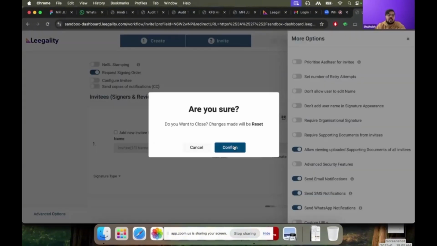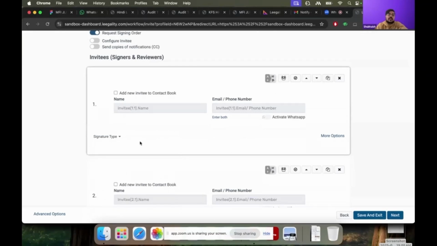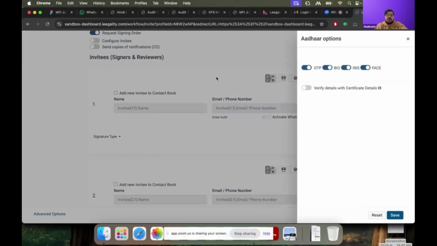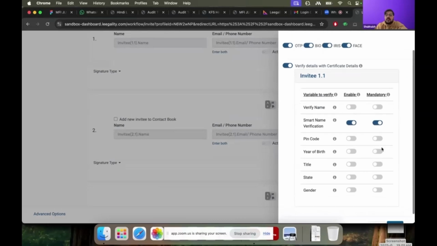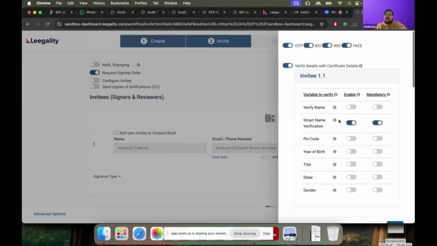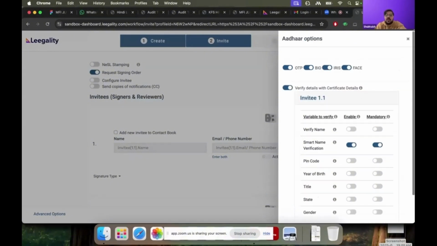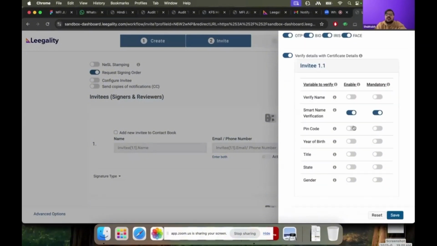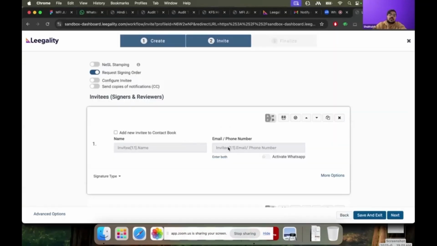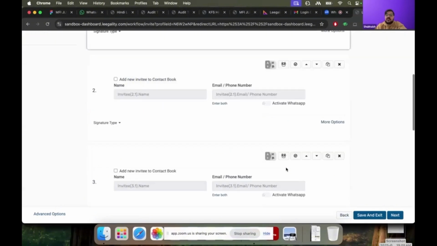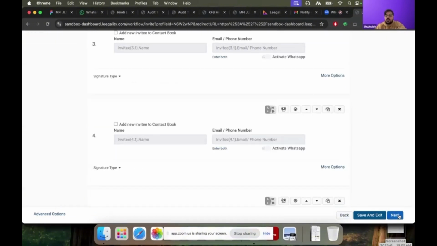Another thing, if you are executing a loan agreement, you want to block the user from Aadhaar, right? For that, let's say if you're using Aadhaar eSign, all you need to do is enable verify signature detail and toggle on which parameter you want to verify. You can enable smart name verification, which is the AI-powered model we showed you. You can match it to the title, state, gender, whatever you want. Or you can also do a combination of 2 or 3 things so that the fraud prevention or wrong signer blocking is foolproof. And once you're satisfied with your choices, all you need to do is click next